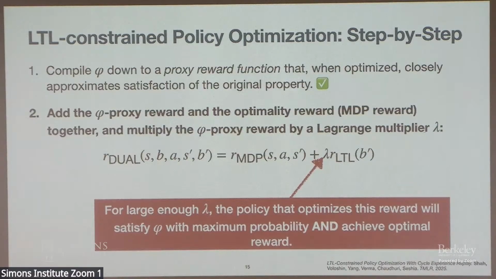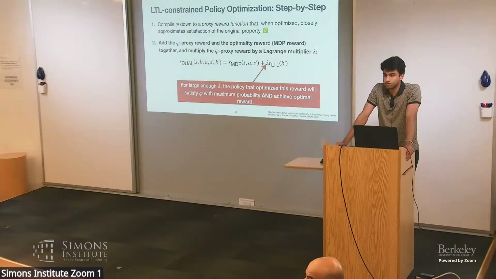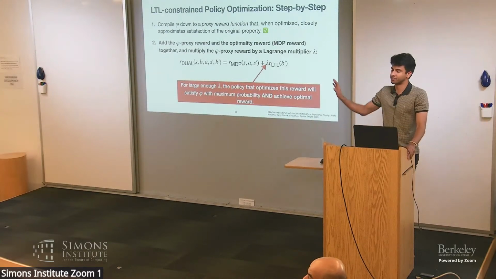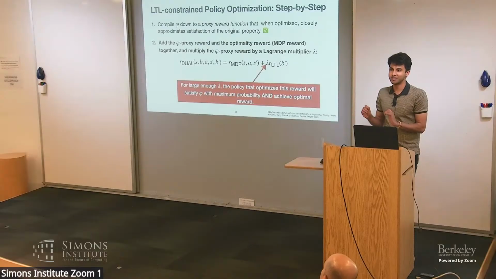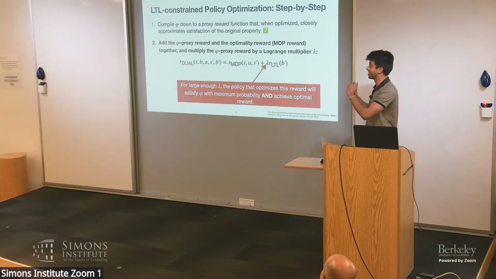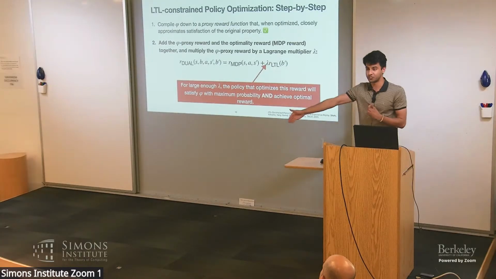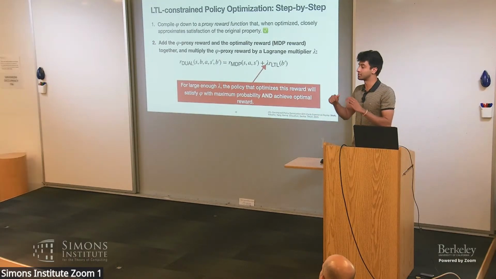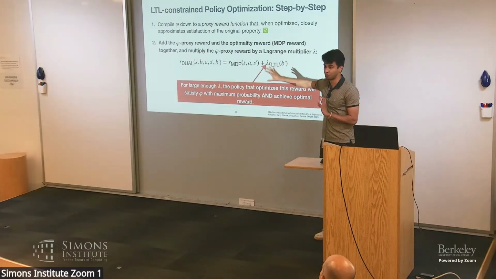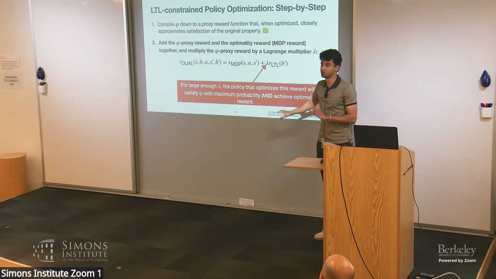What if you have two completely different ways of solving a task? Both satisfy your LDL spec, but in completely different ways. You get stuck in a local minima or maxima if you're doing that, right? You can, yeah. This is a theoretical guarantee we're making. We're not making a PAC guarantee that a reinforcement learning algorithm with this is going to get you to the optimal. The guarantee is a policy that optimizes this reward will achieve the original goal of being correct and optimal.